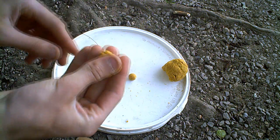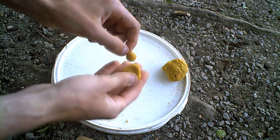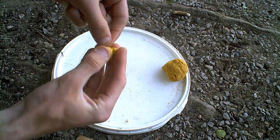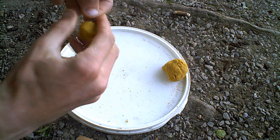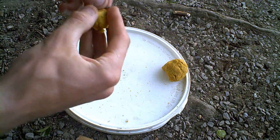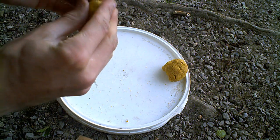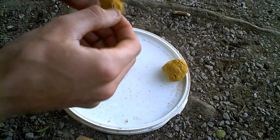Fish are the same. I'm going to flatten that out, 50p sort of size, stick my hook bait in it. I'm going to wrap it up like a little Christmas present. Give her a good squeeze. I've probably got about 2 mils of paste all around there, maybe a little bit more. I'm not going to be too finicky, I'm going to go for a big lump. So now what I've gone for was having a perfectly round 16mm bottom bait